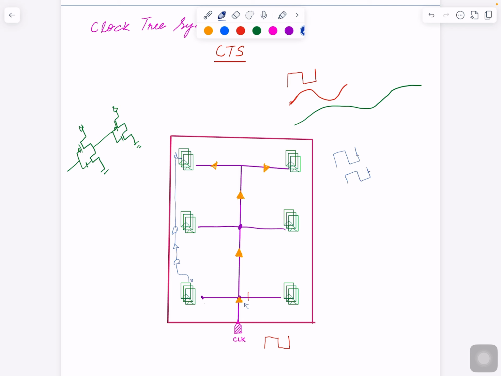This will be, when it arrives here, it will be like this. I mean, it will arrive a little later because of the delay here, and there's a delay here, there's a delay here, right? And what about this clock here? This will arrive maybe, let's make,